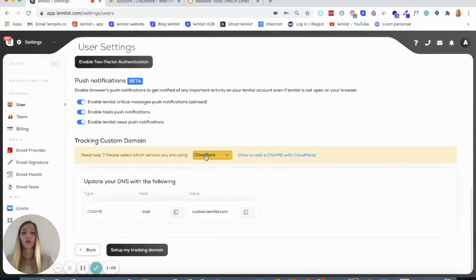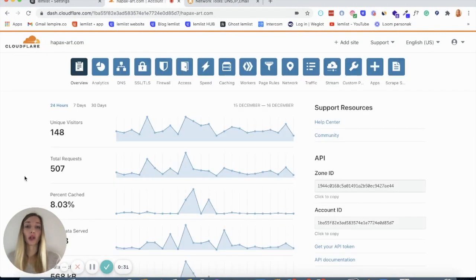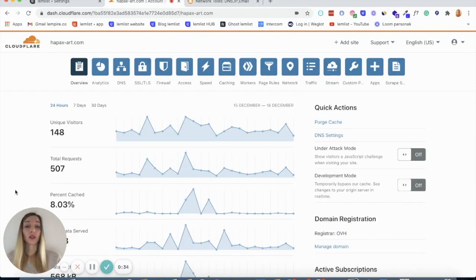So I know that we're at Cloudflare, so I'm going to go to my Cloudflare account. Of course, you're not going to have the same interface if you're not at Cloudflare, because you probably have different domain providers, but the process is exactly the same, so no worries. And again, you're probably going to have to ask your dev team to give you access to this kind of platform. So you can ask them a few questions if it's not clear where to find the different sections. But here you're going to have probably a list of different domains that you have. I'm going to click on the only one, but click on the domain where you want to add a subdomain to, and then look for the DNS section.